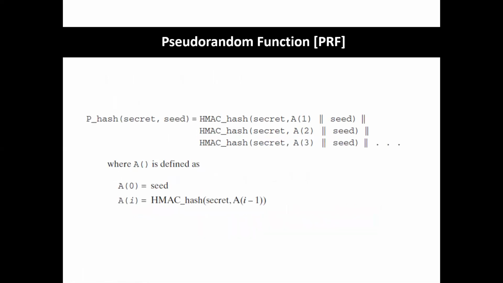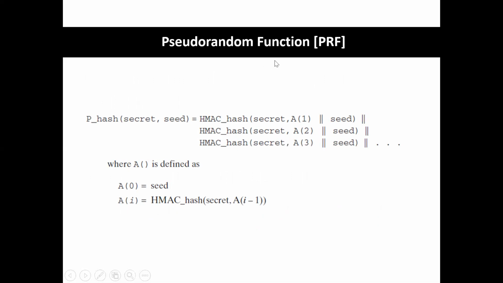Then the next one is the pseudo random function. Why do we need a pseudo random function? The main objective of the pseudo random function is to generate longer blocks of data from a small shared secret value. For a small shared secret value, if I want to generate longer blocks of data, we need this pseudo